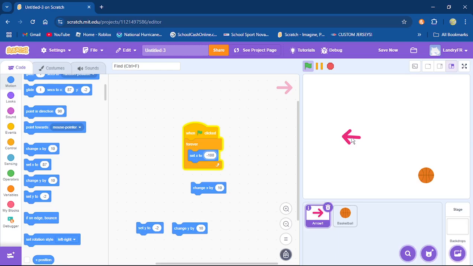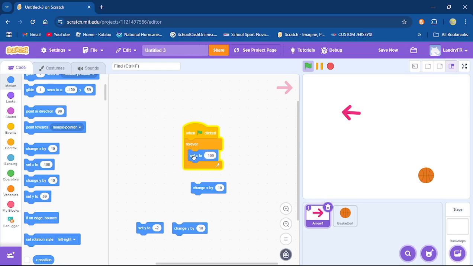And if you try to move it, guess what's going to happen? It's going to go back. All right, now you'll notice my y, it doesn't matter. My y is not set permanently, but it's always going to try and get back to the original because I have it forever looped there.